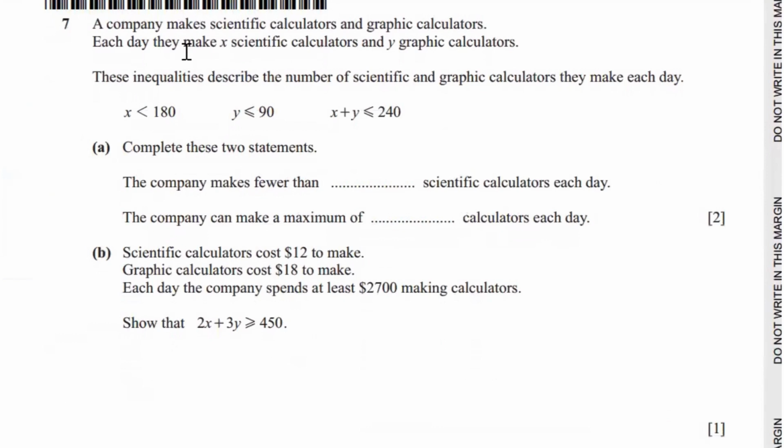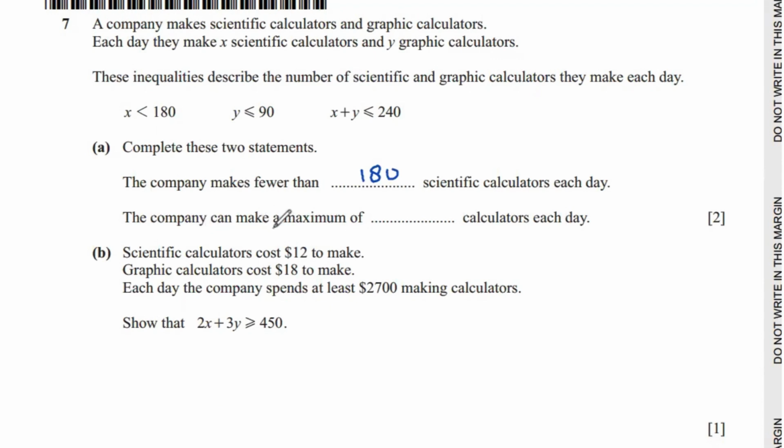Question 7 says a company makes scientific calculators and graphic calculators. Each day they make x scientific calculators and y graphic calculators. These inequalities describe the number of scientific and graphic calculators they make each day. Complete these two statements. The company makes fewer than 180 scientific calculators each day,